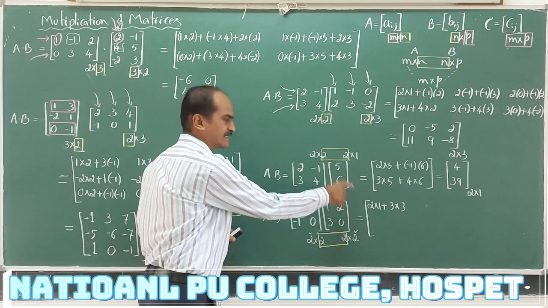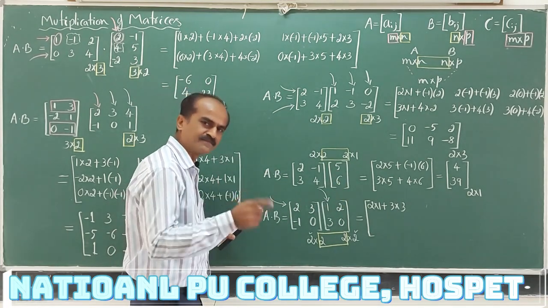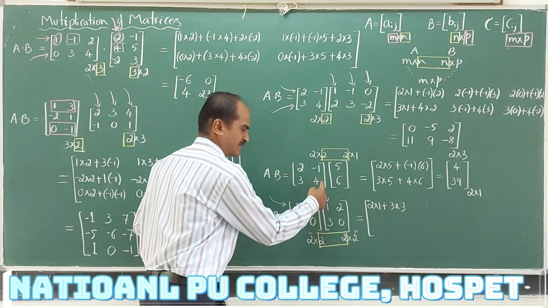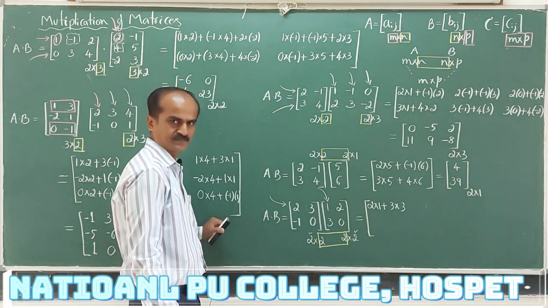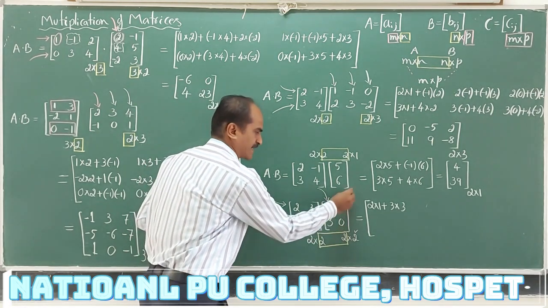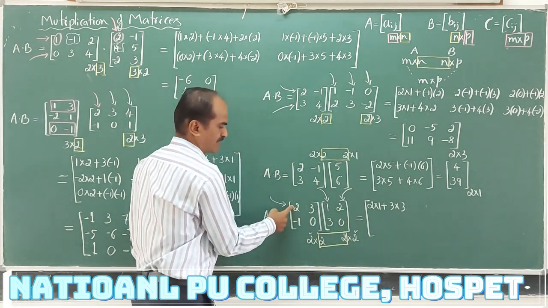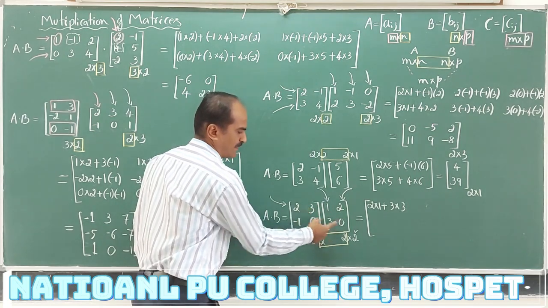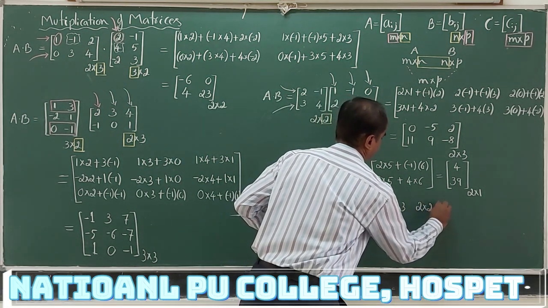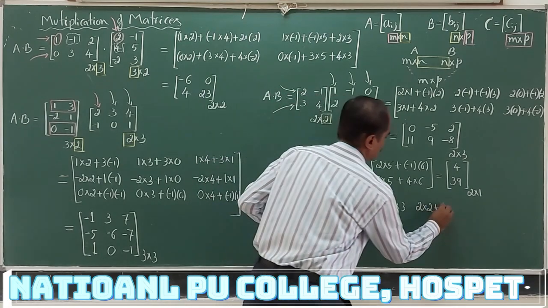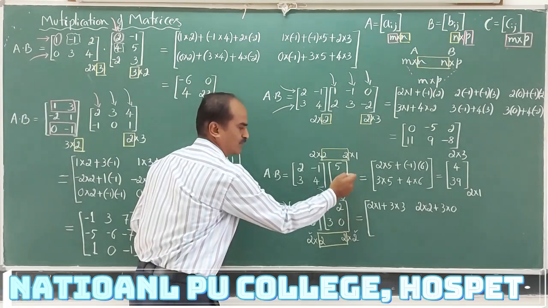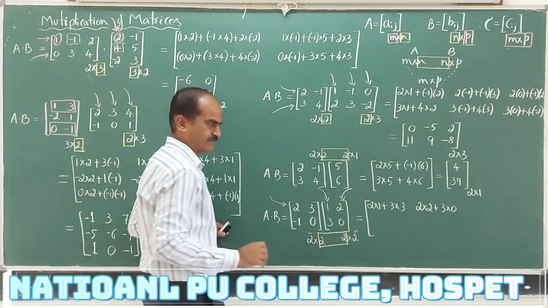One element is generated in the resulting matrix. It is present in first row, first column. Because here we took first row of first matrix, first column of second matrix. One more column is there. So first row with second column now. Pair of elements 2 with 2, 3 with 0. So 2 into 2 plus 3 into 0. No more columns here. Columns are exhausted. Stop doing this.